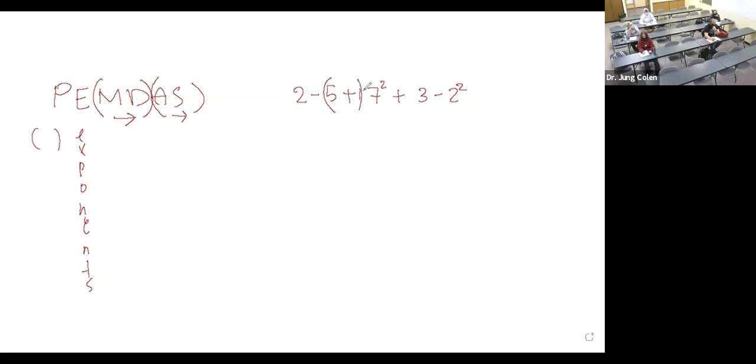How about this? What do you need to do first? It's supposed to show on the board. Yeah. No wonder you look so confused. Okay, let me rewrite this. If you have a question like